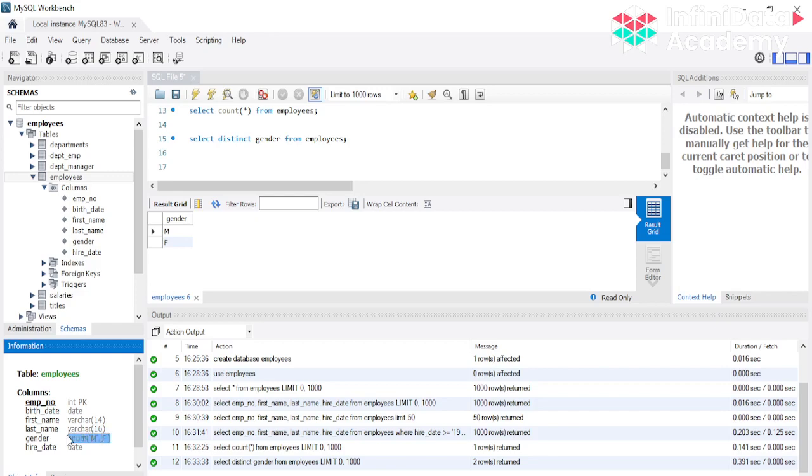So if you want to modify this table according to your own use case, you can add your own number of options in any of these columns. Right? So हमने select discuss किया.